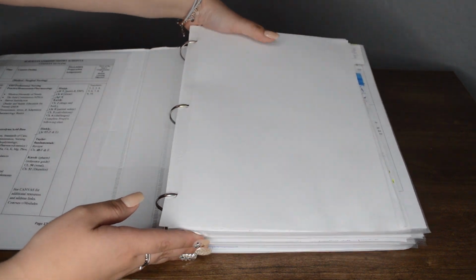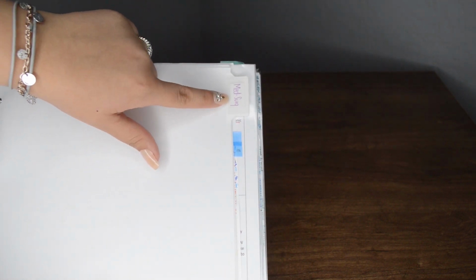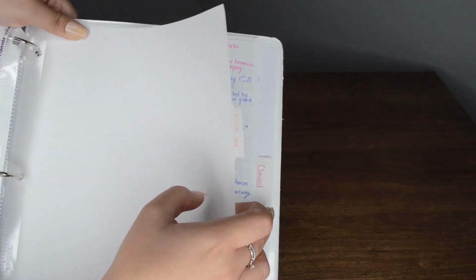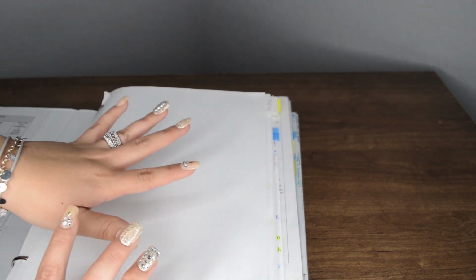The next thing I want to show you is how I label my little tabs here. It's a little hard, because it's a blank white paper, but it does say med-surg right here on the first tab. Once I open it, my next tab says psych, then nursing 104, and then this tab says clinical, and then this one says lab. However, I did not include those classes in this binder. To get started with how I organize it,